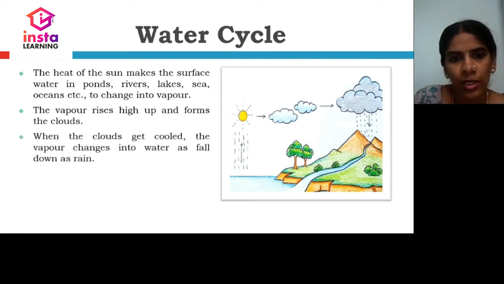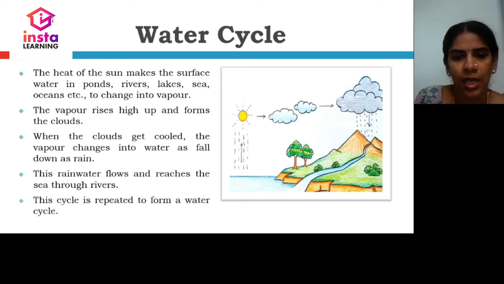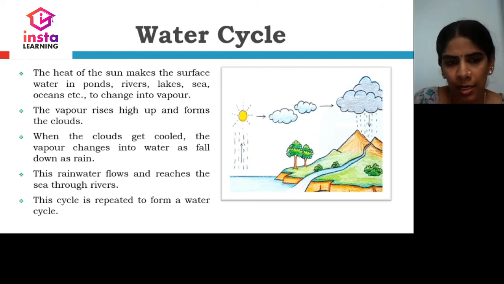When the cloud gets cooled, the vapor changes into water and falls down as rain. This rainwater flows and reaches the sea through rivers. This cycle is repeated to form a water cycle.